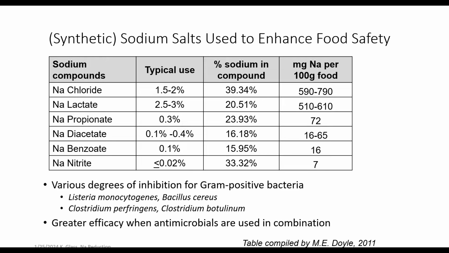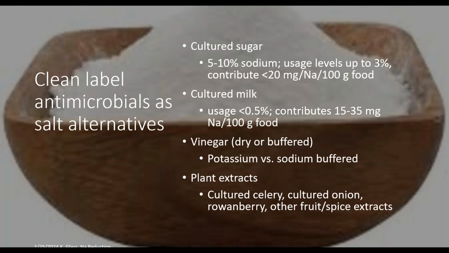Therefore, a cured deli-style turkey with 156 parts per million of sodium nitrite, but only 1% sodium chloride, may have similar or even greater inhibitory properties than an uncured turkey with higher salt levels of 2.5% and, as a result, higher sodium content. Sodium lactate is also effective against both Listeria and Clostridia. But unlike for natural cheeses, the meat industry has had the opportunity to add potassium lactate as a substitute to curtail the contribution of sodium content, as well as ensure safety.